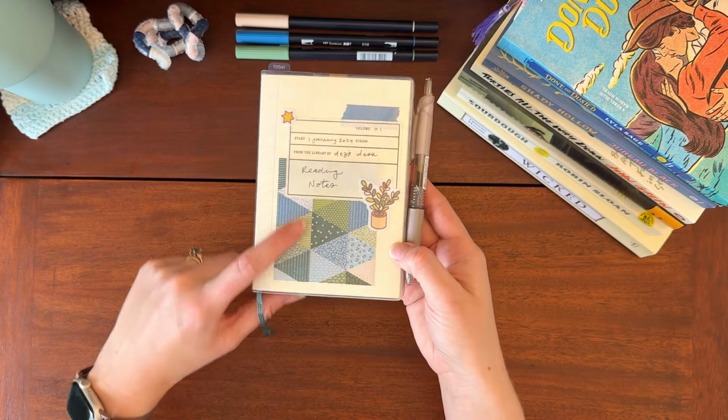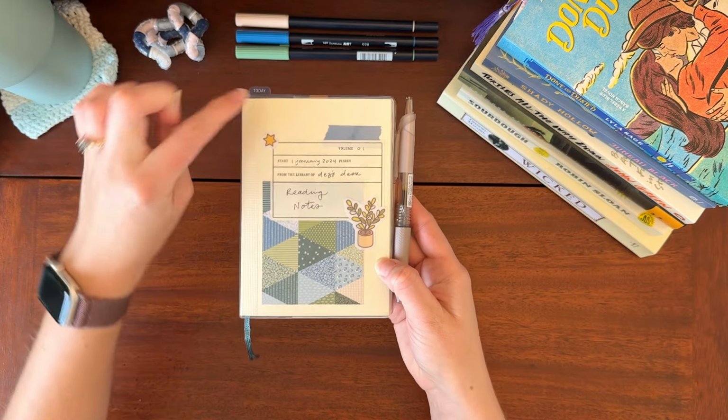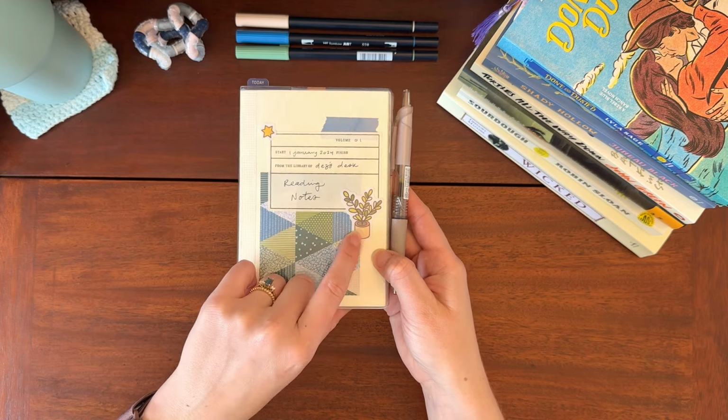I decorated this cover with a little bit of scrapbook paper, some washi tape, Mary Berry Studio stickers,